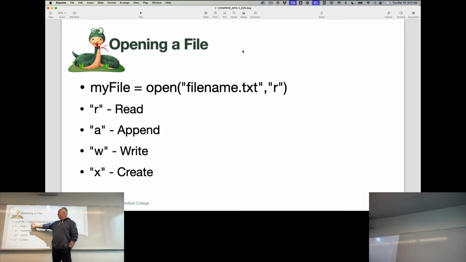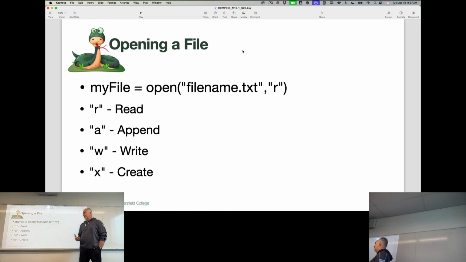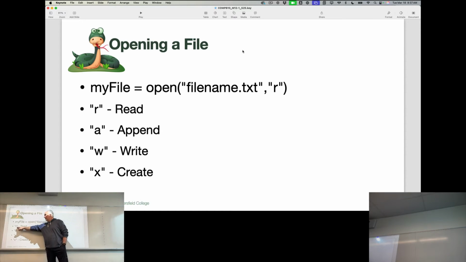So what we do is we call the open function, and we give it a file name as the first argument. And then the second argument is a single letter that represents what we want to do with that file. And that letter is important because it impacts what you do with the file, but also how Python interacts with that file. If we want to read from a file, we give it an R, lowercase, and that opens the